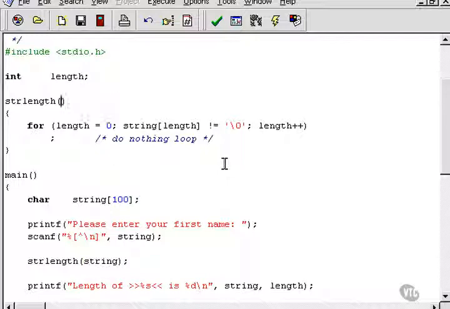So I'm now going to create a little parameter definition here, which will be char str bracket bracket. Notice that I do not have to call it string. Just because this is called string does not mean that this has to be called string. In fact, I can call this anything I like. So I will call it str. Now this then is the name of the variable that I'm going to be counting, so this has to be renamed to be str because it will be referring to